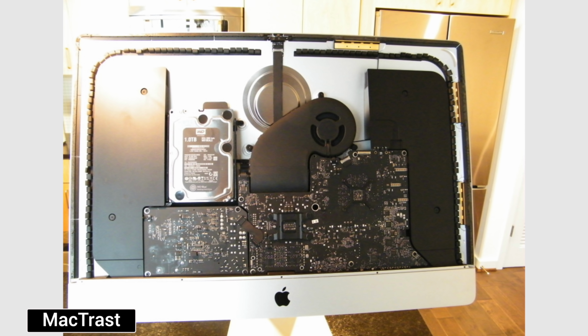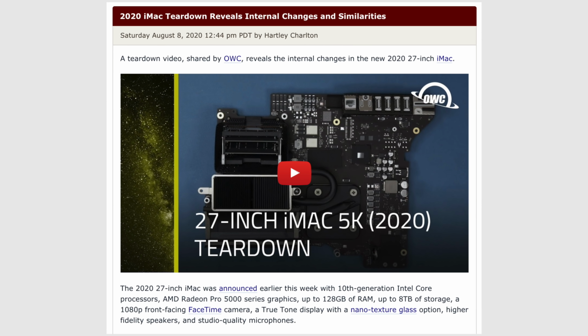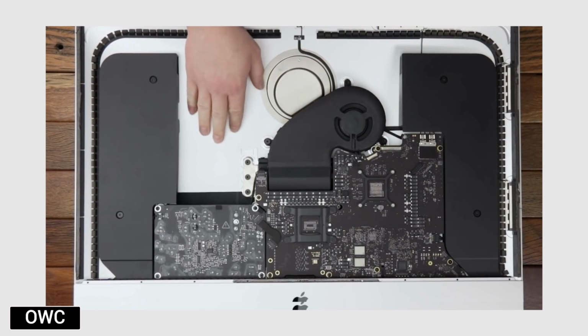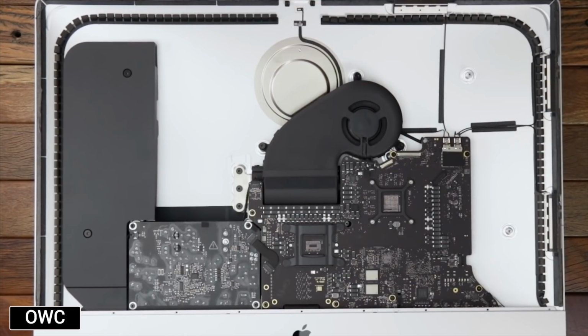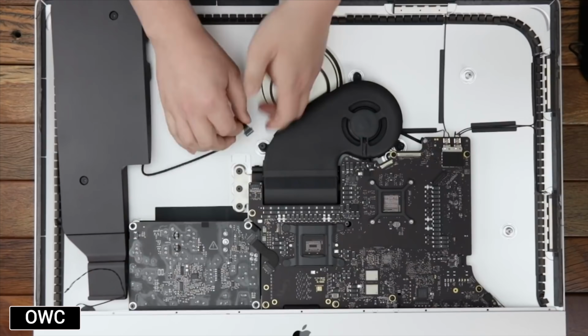to fill the gaps. Now fast forward to 2020 and we now have a new teardown from OWC that reveals similar internals, but a whole lot of extra room now that they've gone away with the physical hard drive. And just watch what happens when they remove the speaker enclosures. Most of the outdated iMac case is still being unused. Now before I dig deep into the rest of those internals and what I believe is going to happen to them on the Apple silicon models, I want to switch over to what the new design will look like on